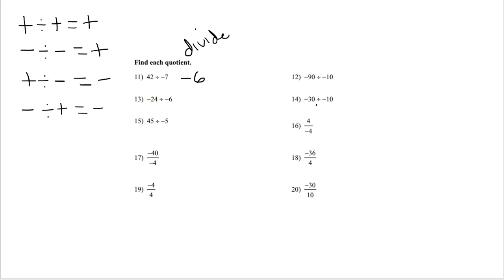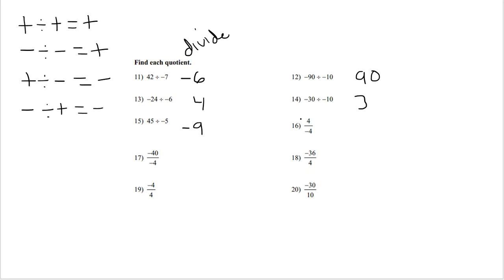Number 12, -90 divided by -10. That would be positive 90. Number 13, -24 divided by -6. That would be a positive 4. Number 14, -30 divided by -10. That would be a positive 3. Number 15, 45 divided by -5. That would be -9. Number 16, we have a fraction here, but remember, a fraction is another way of showing